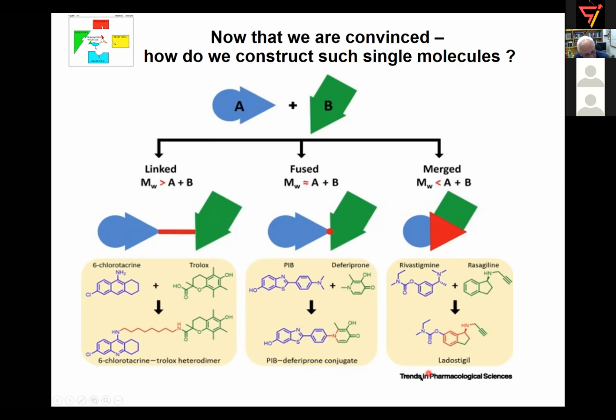And the one that I'm showing here is one that came from two Israeli universities, one from the Hebrew University in Jerusalem, the rivastigmine, which was invented in the lab of Marta Weinstock-Rosin, and rasagiline, which is both of them are used drugs. This is a MAO-B inhibitor. Rivastigmine is an acetylcholinesterase inhibitor that was on the market for many years and still is. Rasagiline is a MAO-B inhibitor that is used